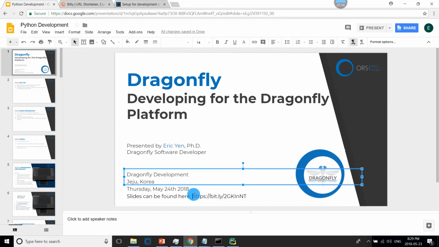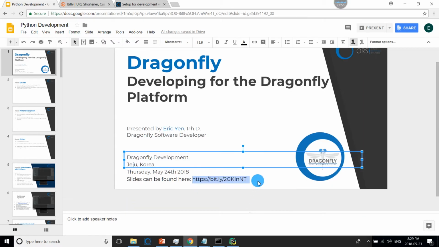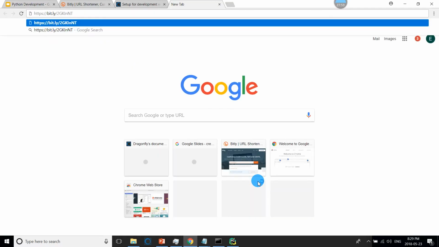And if you forget, in the getting started section, there's one for setup for development with PyCharm. And we also have video tutorials on how to set it up if you forget as well.